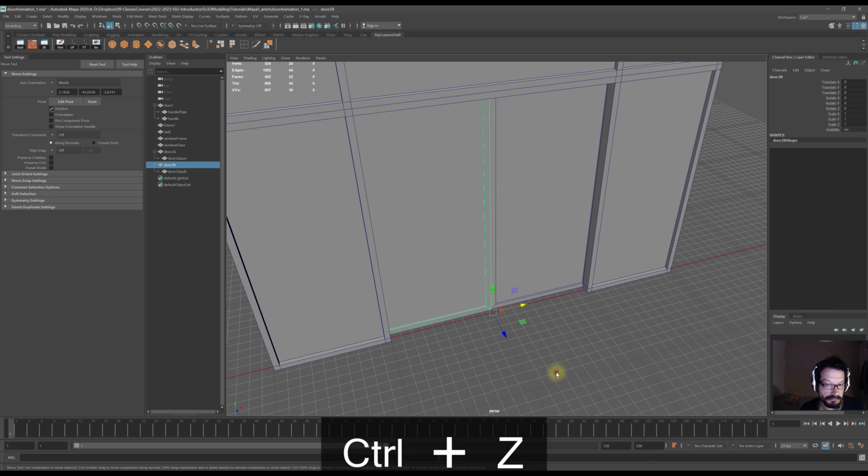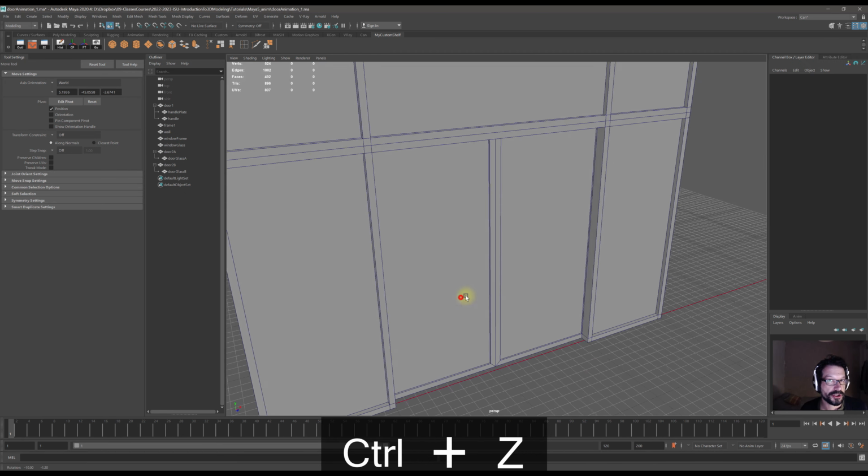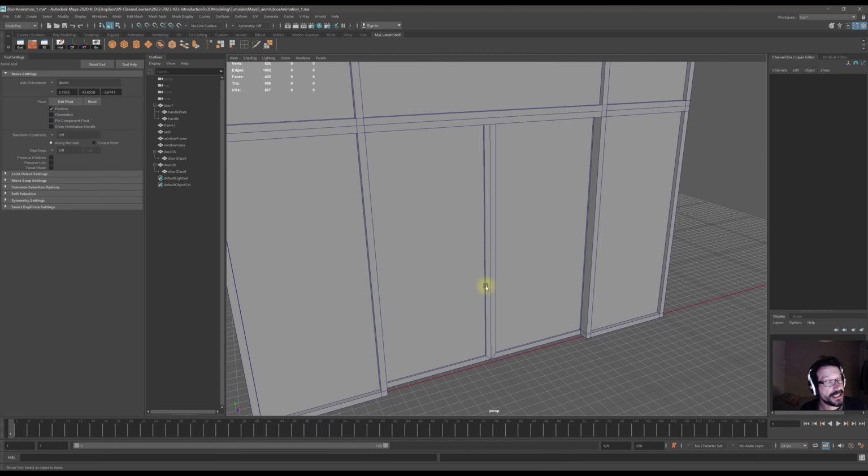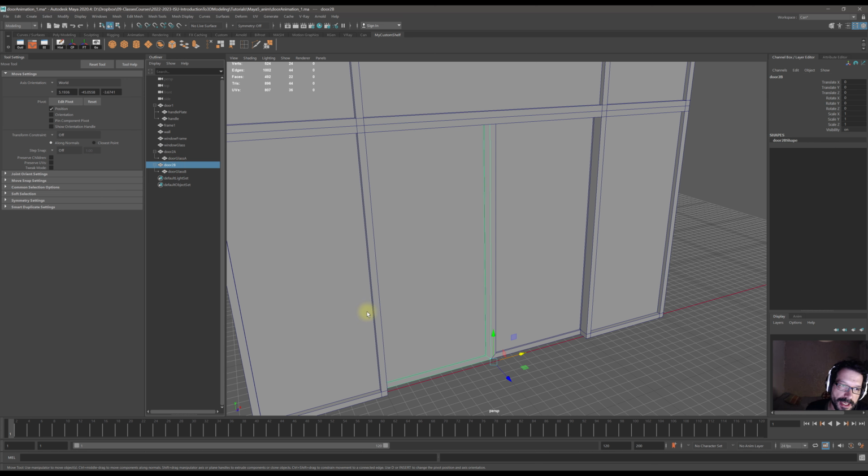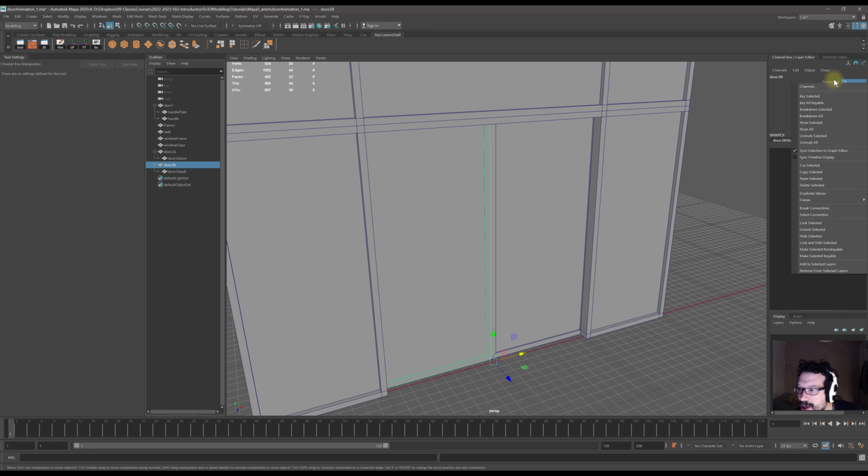What do you think we are supposed to do? We need to create an expression. So we go to door 2B, and this will be where the expression will be written, because we are trying to force door 2B's translate X into following door 2A's translate X. Let's go to translate X, okay, and we need to, oh, wait a second,